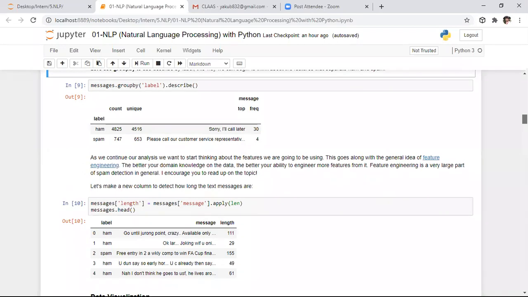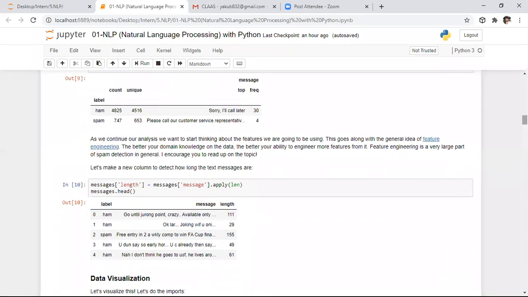After this, we need to load the message length. In the messages data frame, I want to add a new column with the name length. To create this column, I want to know the length of each and every message from the data frame.